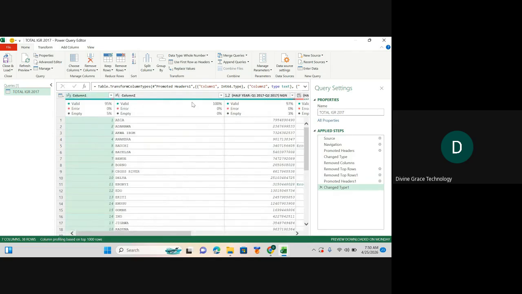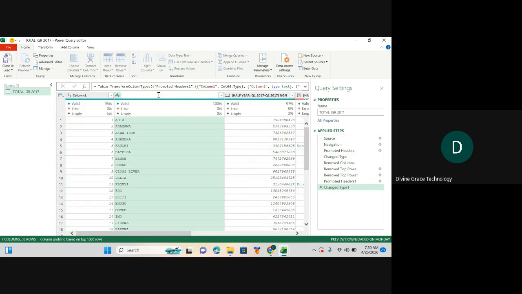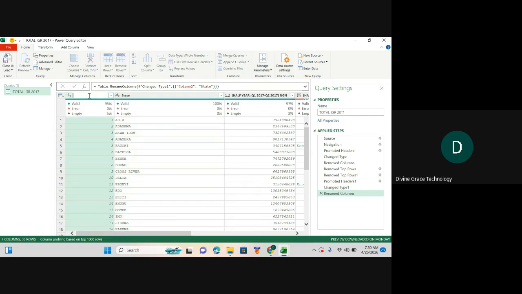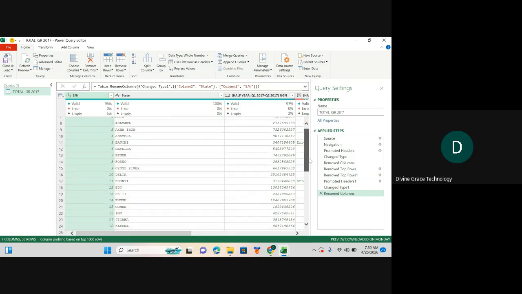So we can come here, double click here, and put state there. This is a serial number. I'll come here and say serial number. That's a serial number. After then,